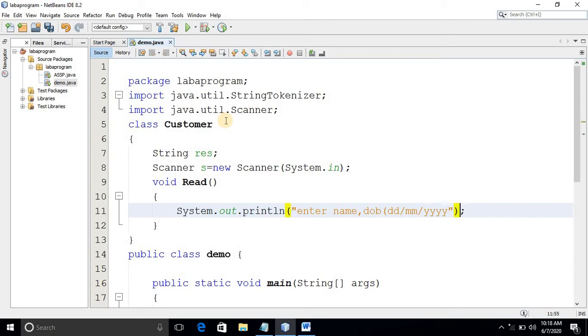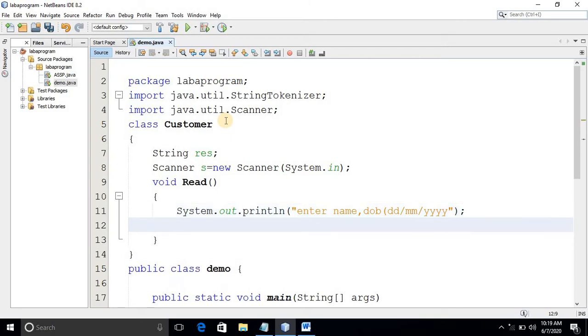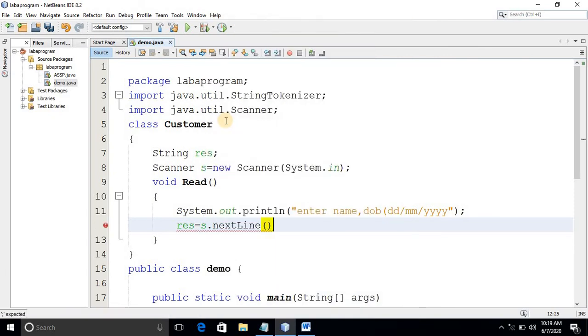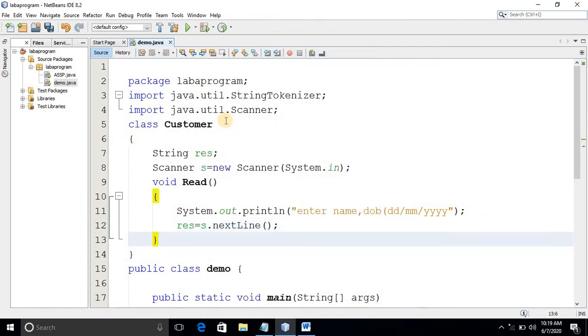In this format only we should read, and we are just giving the message there. Then write res is equal to s.nextLine. That's all for the read method.